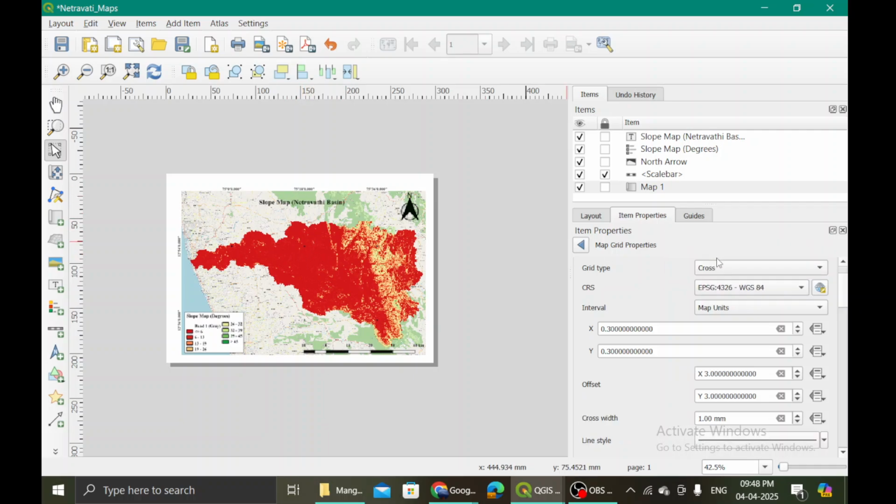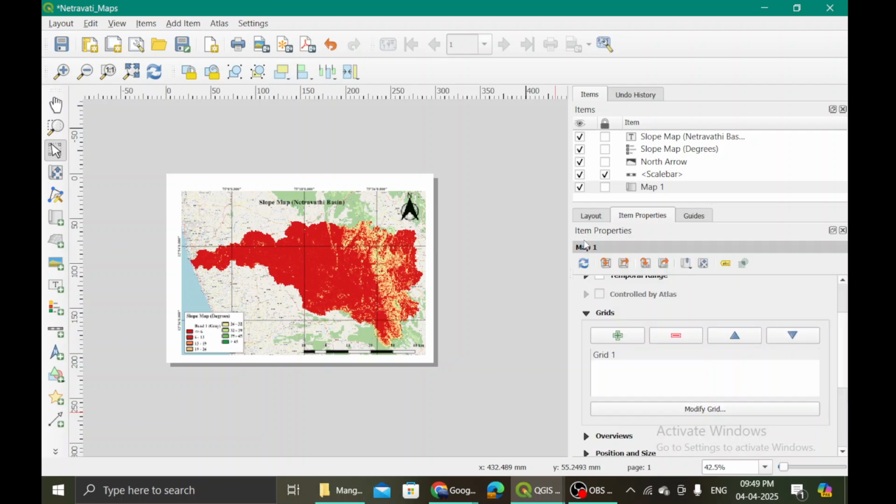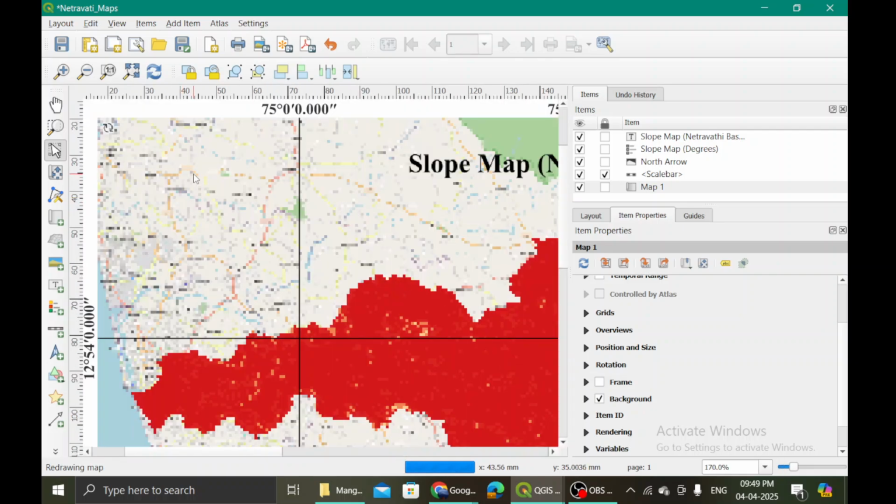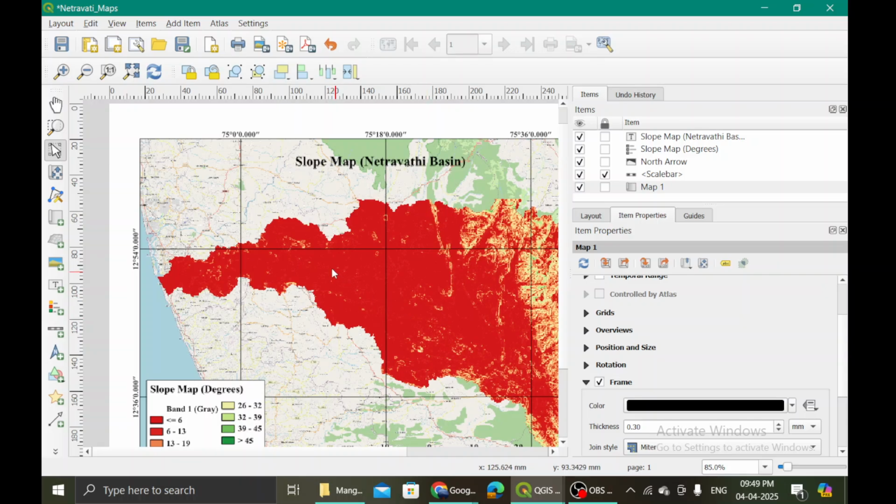Markers are important essentially when somebody else is trying to use your map, because they are not able to produce their own, but they want to extract your data and use it as secondary data. Then it is very good. But recently I've developed this habit of marking a grid over there, which seems even better, and it gives validity to your map. No matter which other map they are using, your map is definitely correct, and they will be able to utilize your data. That's the only motive. Now there is no frame to my map. It doesn't look good, so let's put a frame for it.